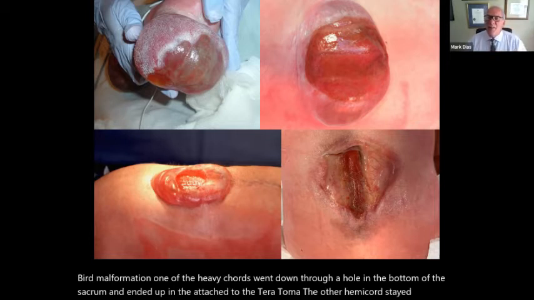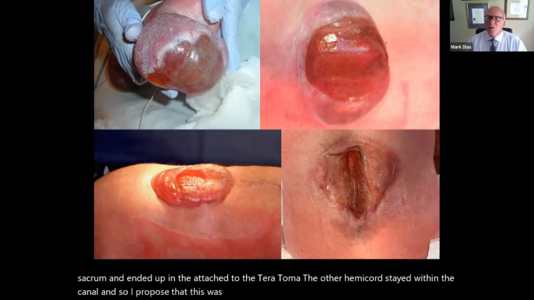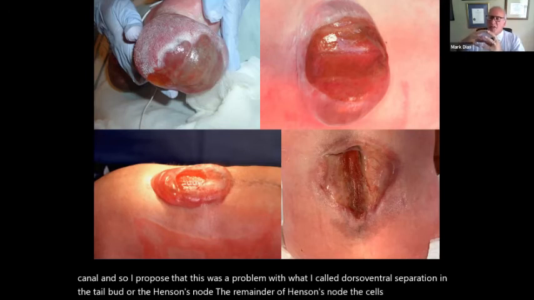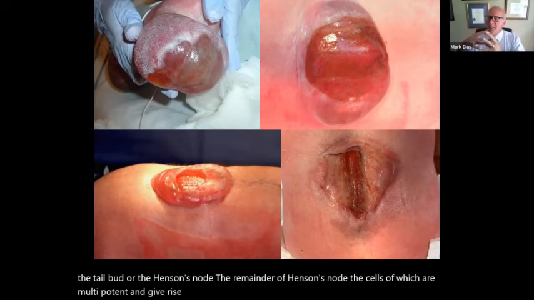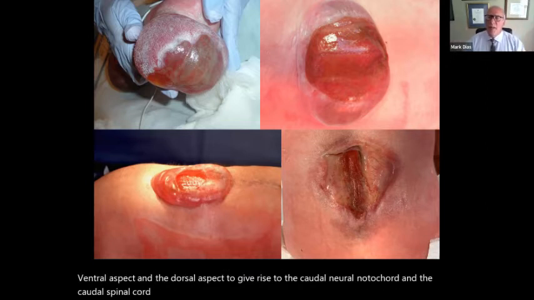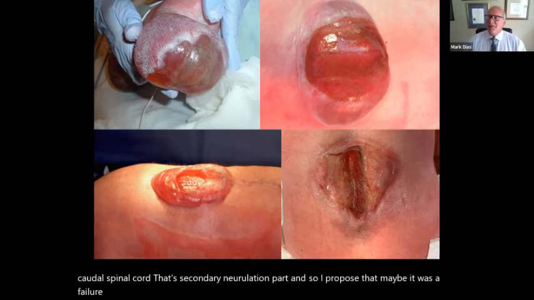And so I proposed that this was a problem with what I called dorsoventral separation in the tail bud, or the Hensen's node, the remainder of Hensen's node, the cells of which are multipotent and give rise to the urogenital and gastrointestinal systems in their ventral aspect, and the dorsal aspect gives rise to the caudal notochord and the caudal spinal cord. That's that secondary neurulation part. And so I proposed that maybe it was a failure of dorsoventral separation during gastrulation, because this one was associated with a split cord malformation